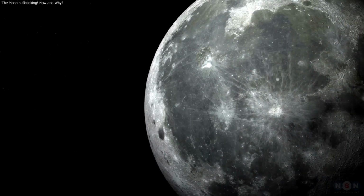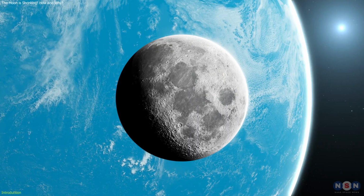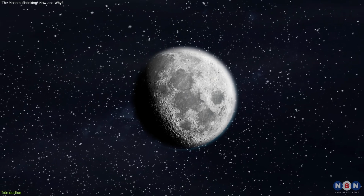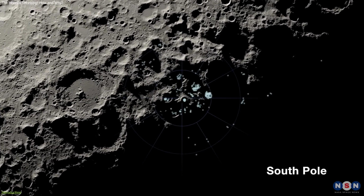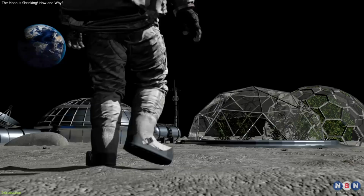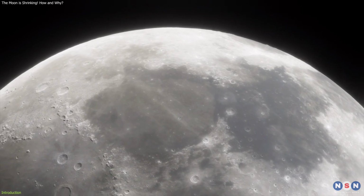Did you know that the moon is shrinking? Yes, you heard that right. The moon, our closest celestial neighbor, is getting smaller and smaller over time, causing landslides and instability in its south pole. This is a fascinating discovery that has implications for the future of human exploration and the scientific understanding of